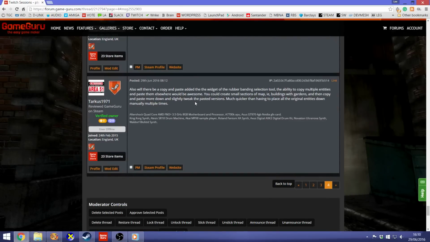Also, will there be a copy and paste added to the widget for rubber band selection tool? The ability to copy multiple entities and paste them everywhere will be awesome. Could you create a small section of map, buildings with gardens, and then copy and paste? Yeah, that was actually added at one point, but I removed it because it had the possibility of a larger